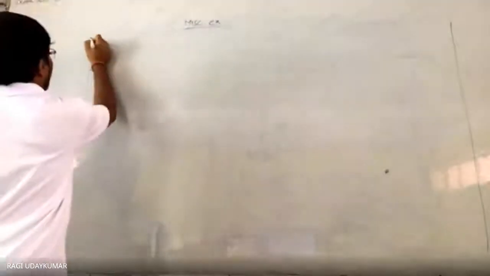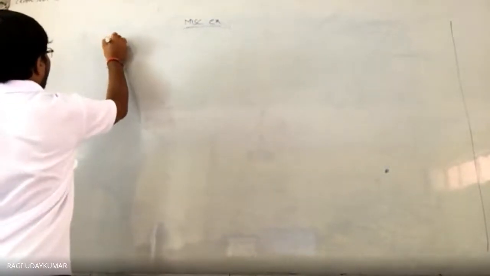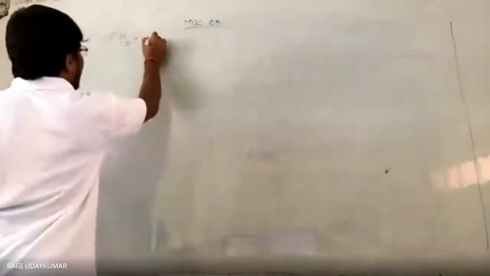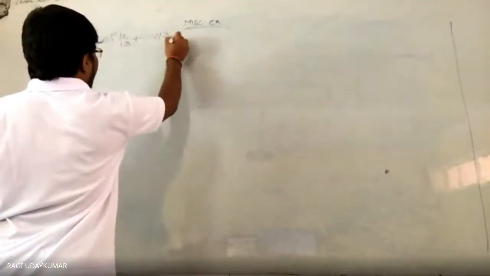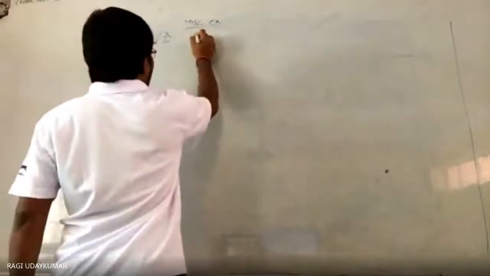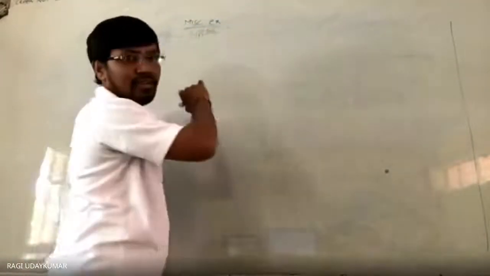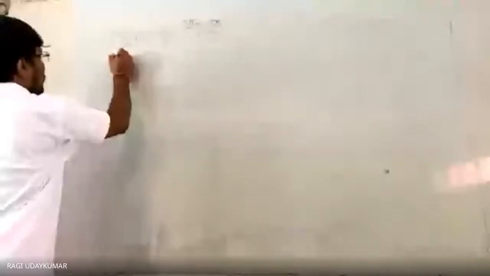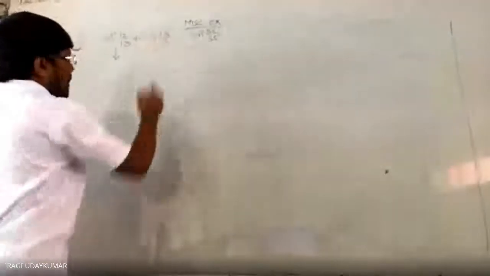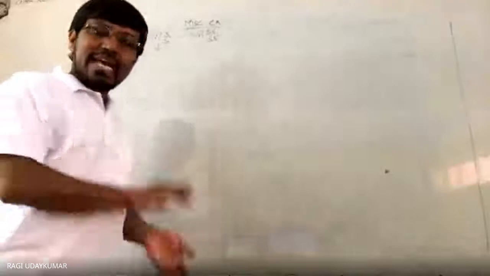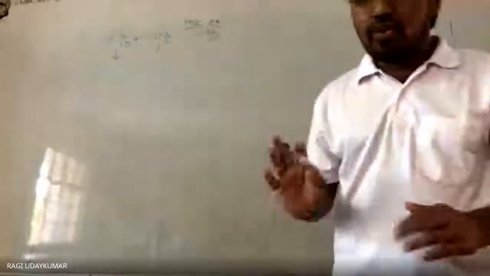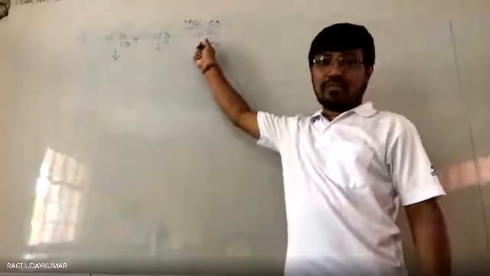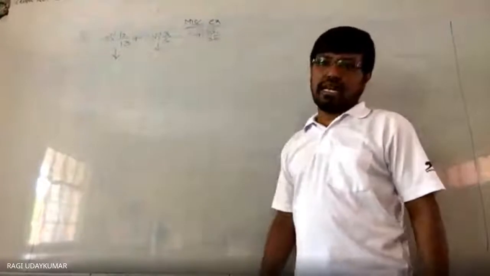Sixth one: cos inverse of 12 by 13 plus sin inverse of 3 by 5 is equal to sin inverse of 56 by 65. What to do? You need to convert this into tan, and this into tan, and then apply tan inverse x plus tan inverse y completely. You are going to get a tan inverse. Again the tan inverse should be converted into whatever they are asking, into sin.